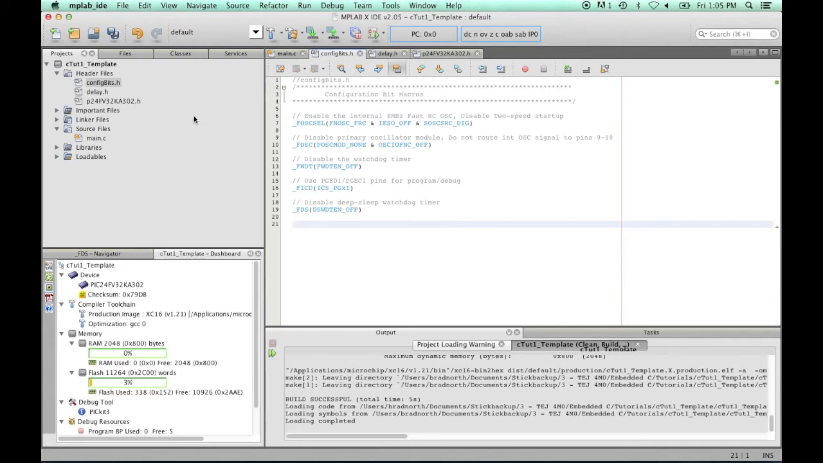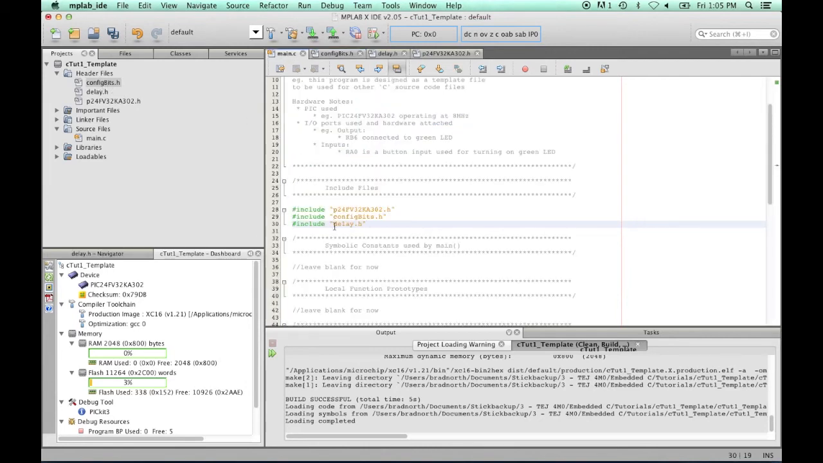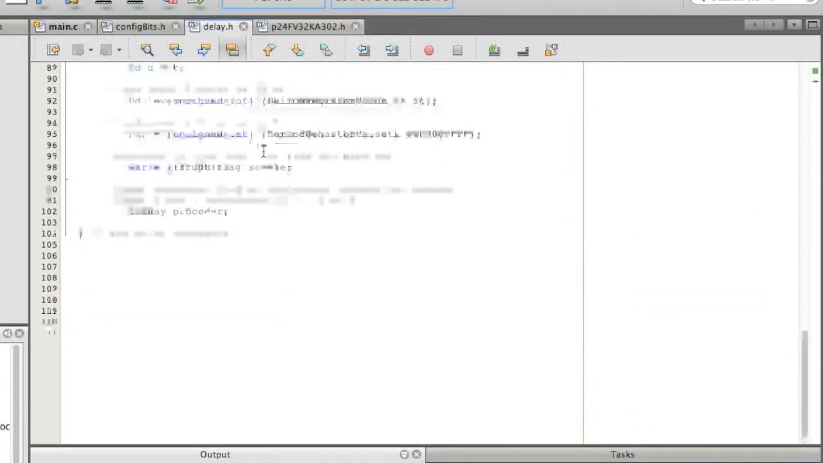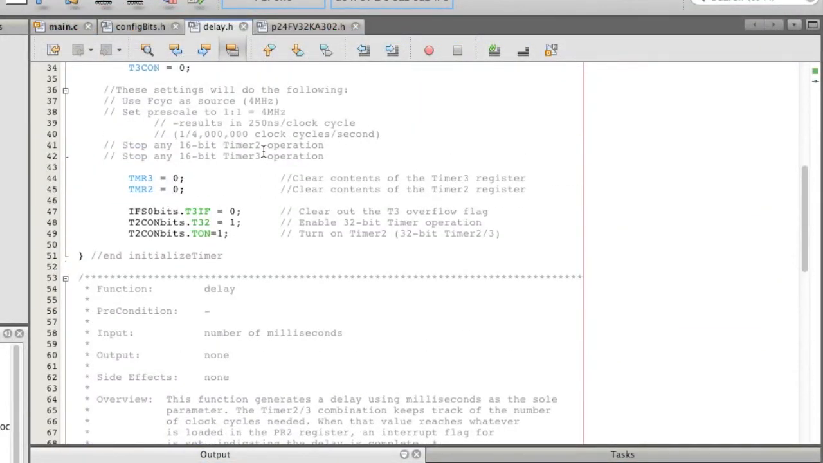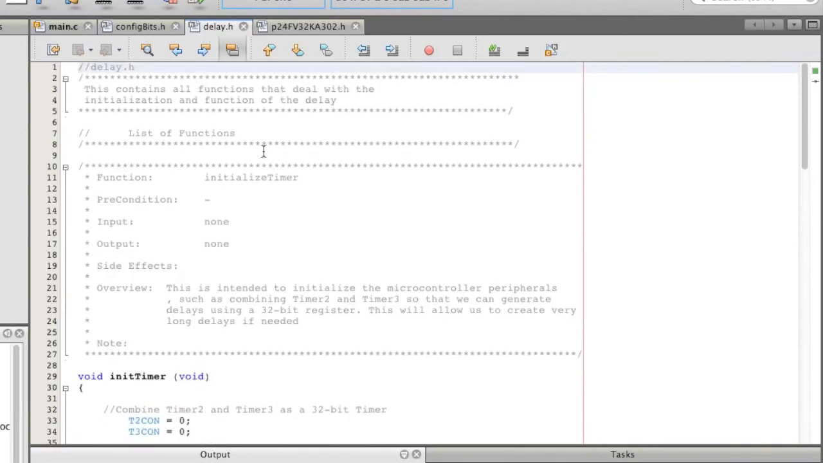And then that header file I put under header files here, but then I have to add this include directive so that when my code in my main compiles, it knows that this config bits.h and the delay.h and this PIC header file are all part of that. Okay, so it's a really nice, neat way to consolidate your code, and you can make your own header files if you like. If I go over to delay, again, this is just a function that I've written so that we can use